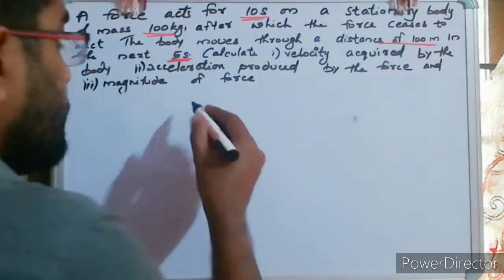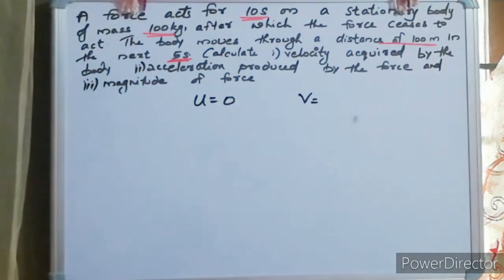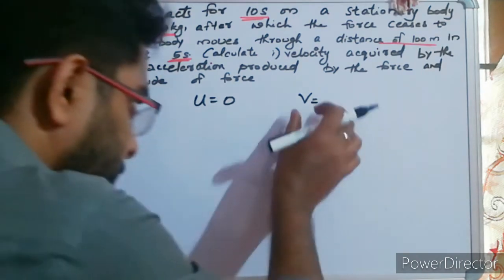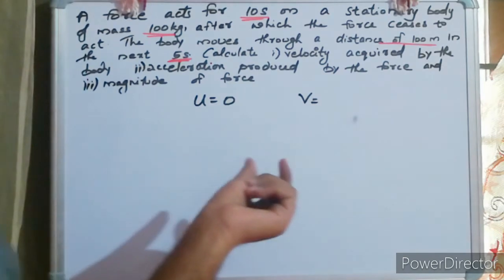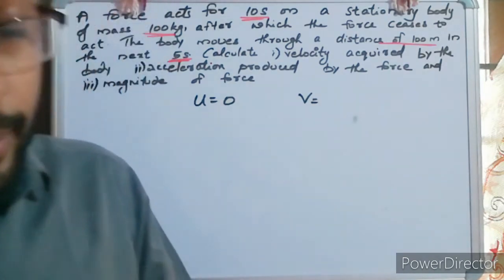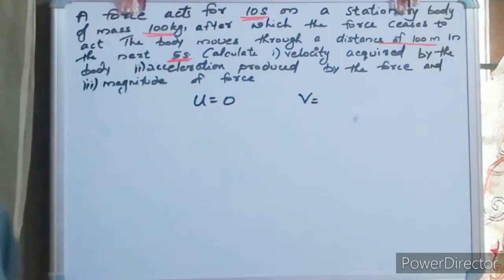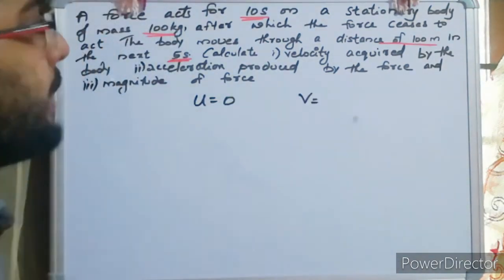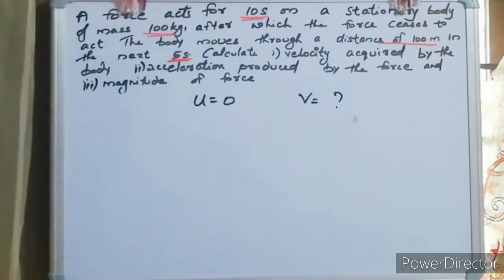That means initially your body was at rest, but finally since it started to move, it acquired some velocity. Again, from the first law I can say that initially the body was in a state of rest, but because of the external unbalanced force which I applied, the body now gained a particular velocity. So you need to find that velocity. So V is what you need to find.